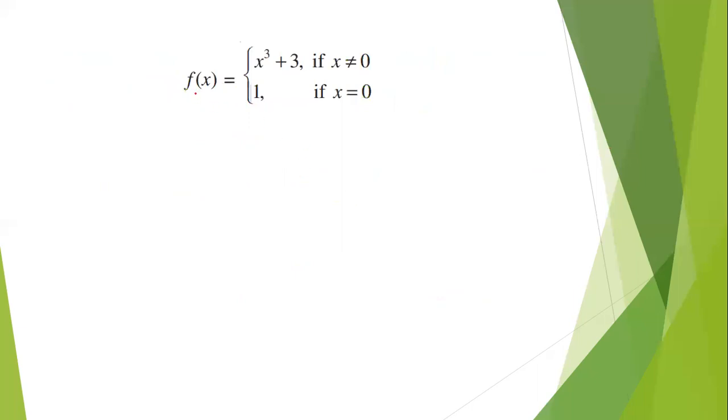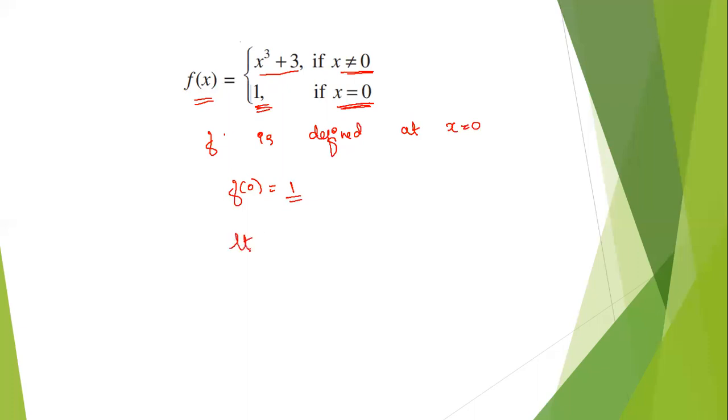So here it's given f of x is a polynomial, that is x power 3 plus 3 if x is not equal to 0 and 1 if x is equal to 0. So ಈಗ ನಮ್ಮ ಫಂಕ್ಷನ್ f of 0 ಅಲ್ಲಿ ಡಿಫೈನ್ಡ್ ಆಗಿದೆ. So f is defined at x is equal to 0, correct? So f of 0 andre enta, it's given if x is 0, f of x is 1. So here x is 0, so f of x will be equal to 1.